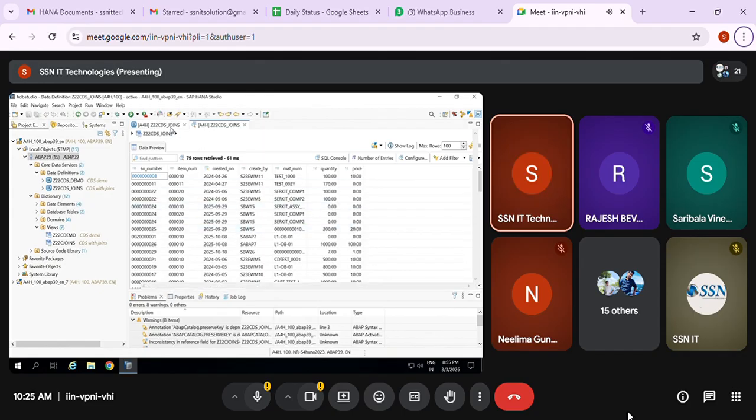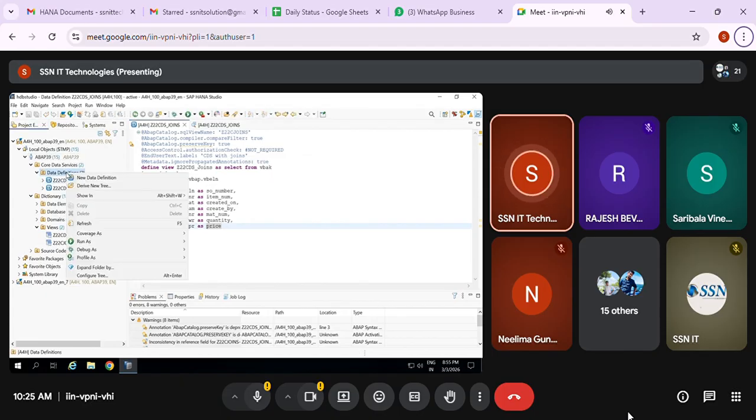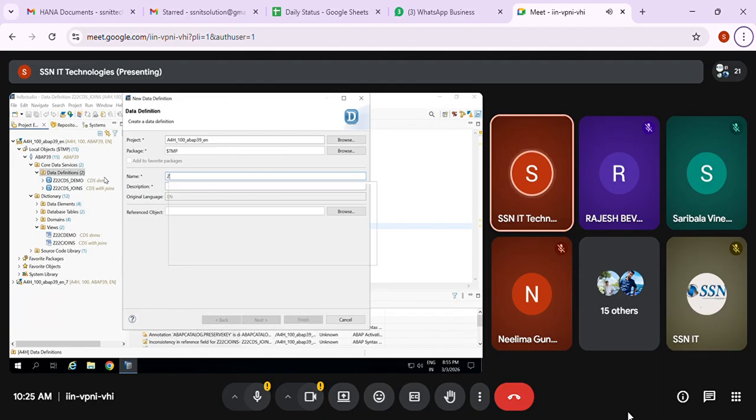Okay, fine. So then what are we going to do? Instead of using inner join, I want to join as left outer join. So quickly we'll create and copy paste this code. I right click on the data definitions, new data definition. Directly I'm just creating Z22 CDS left join.